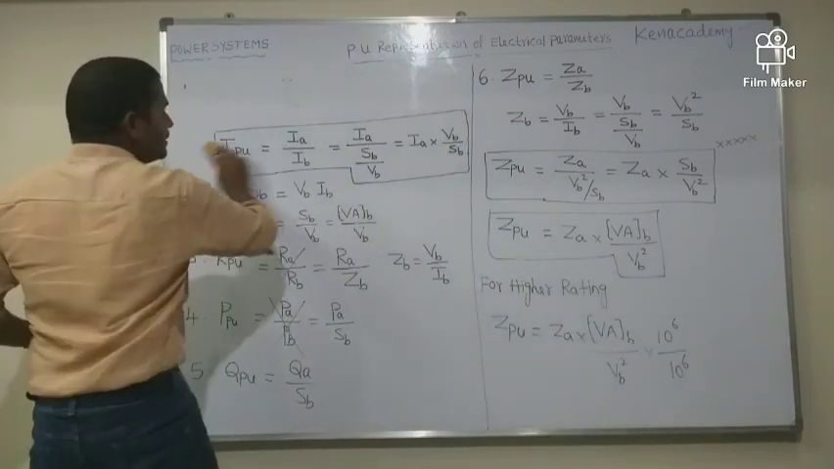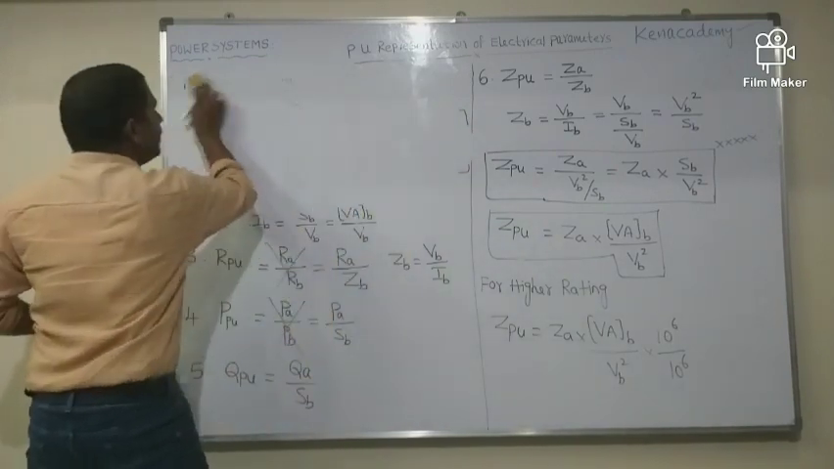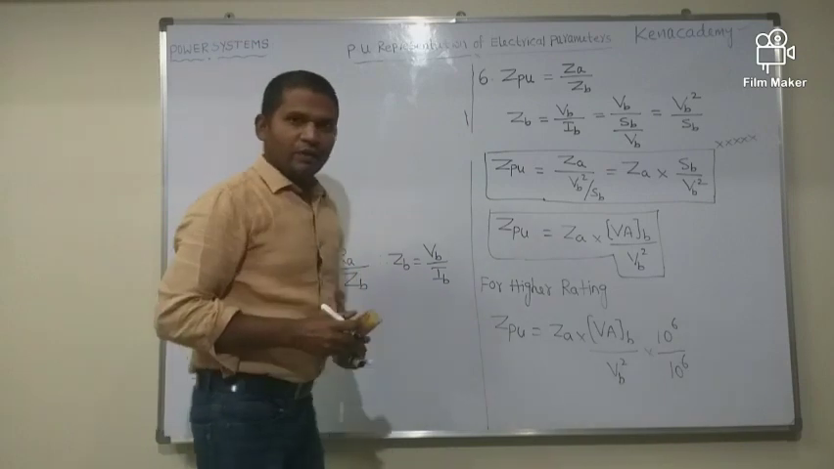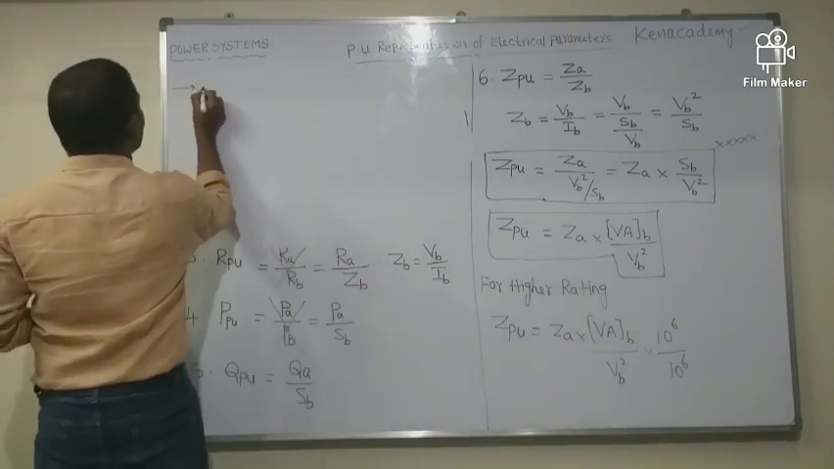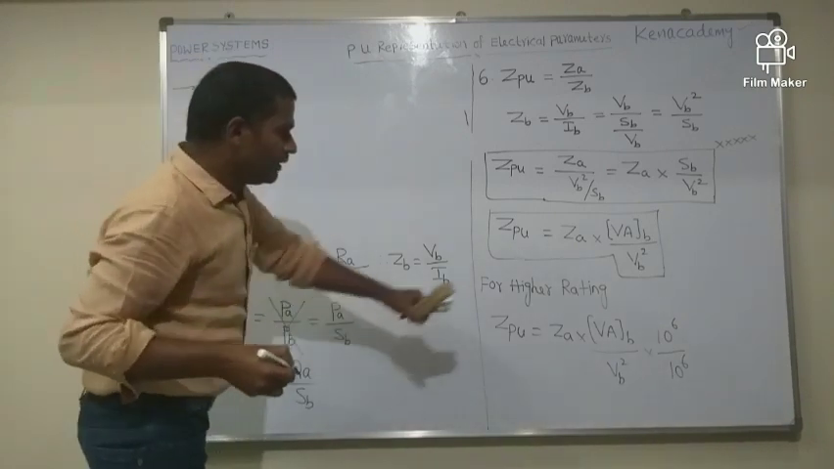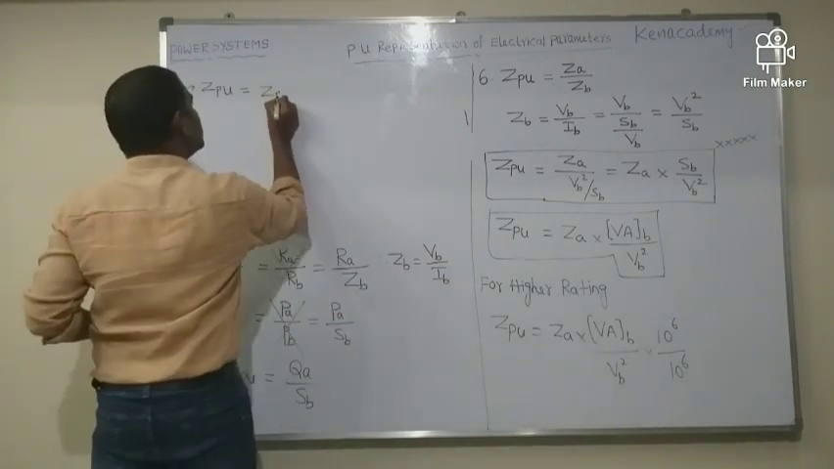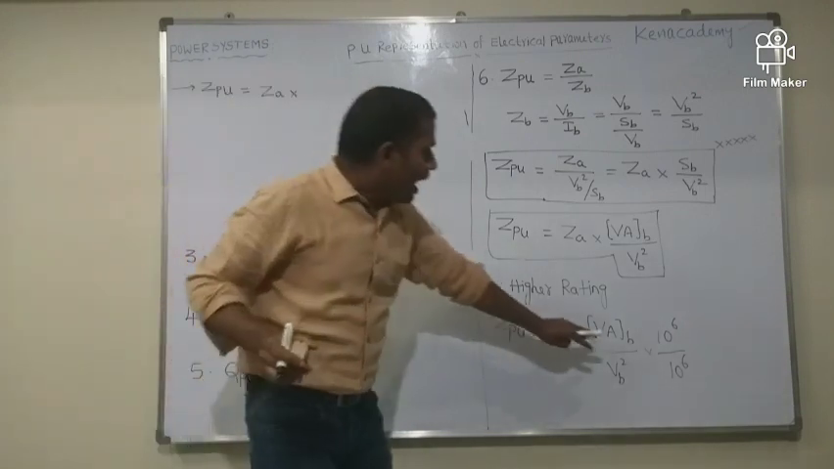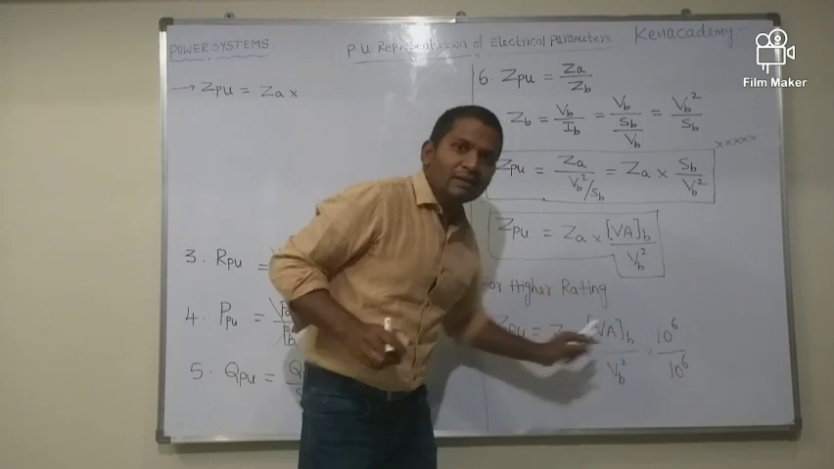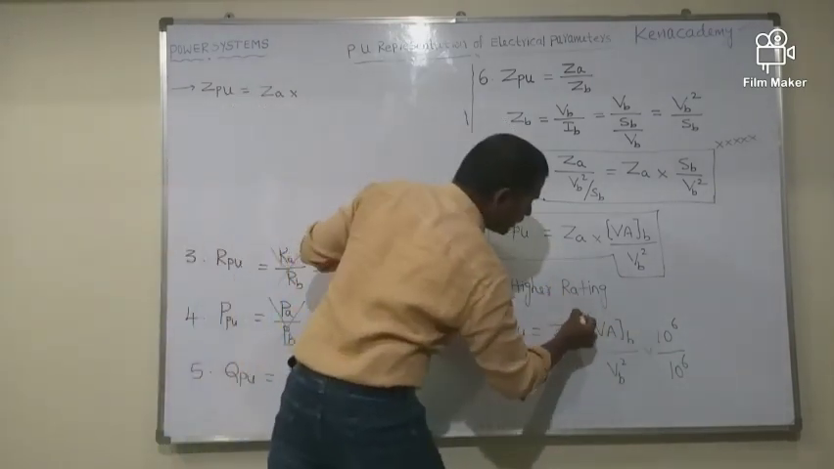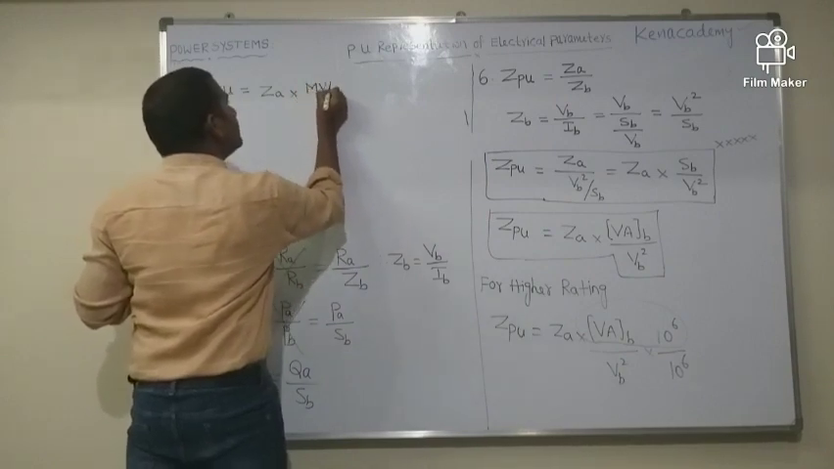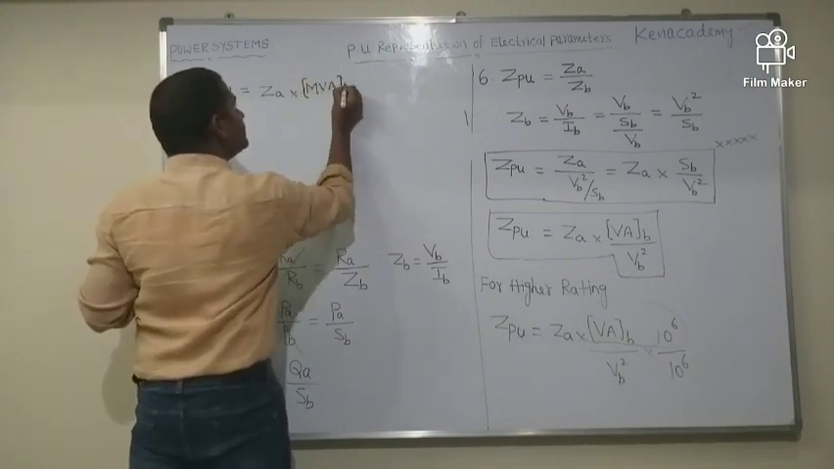Now tell the students how to write this one. Listen please. Z per unit, per unit impedance equal to Z actual into VAB into 10 power 6. 10 power 6 is nothing but a mega. That's why I am replacing these two combination with MVA base by,